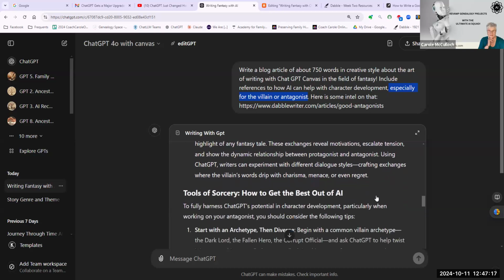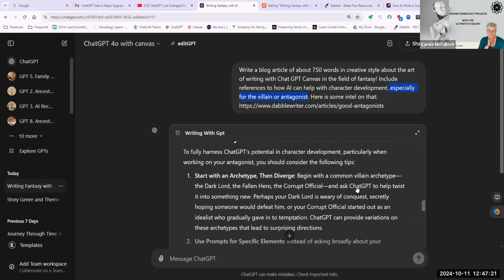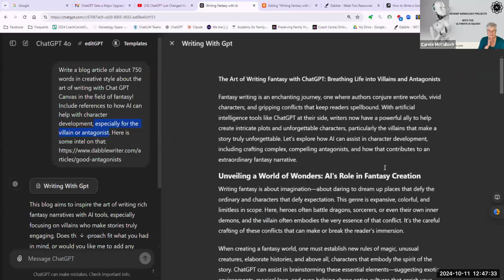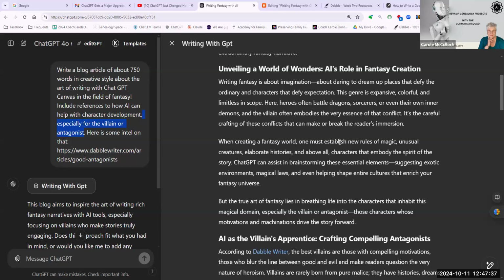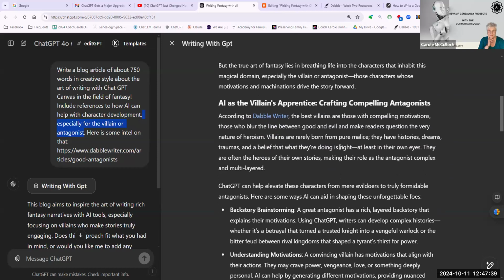Tools of sorcery and how to get the best out of AI. And here it gives me some really great clues. You can start with an archetype and then diverge. For example, begin with a common